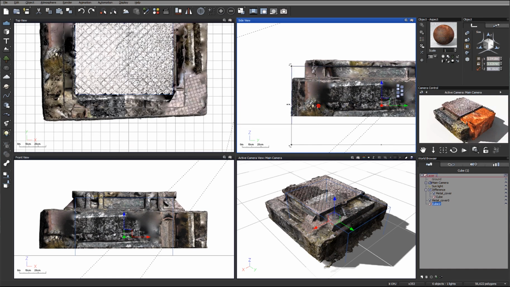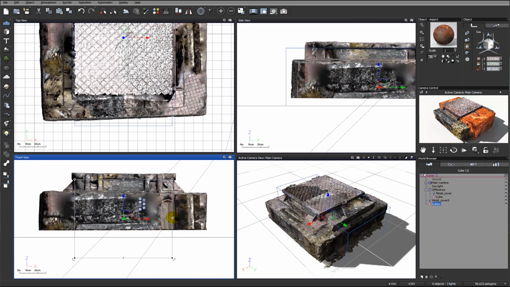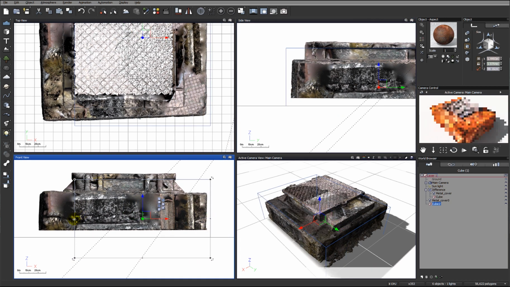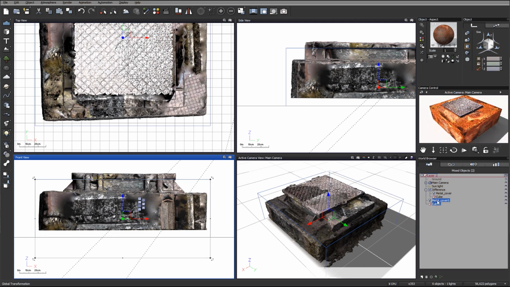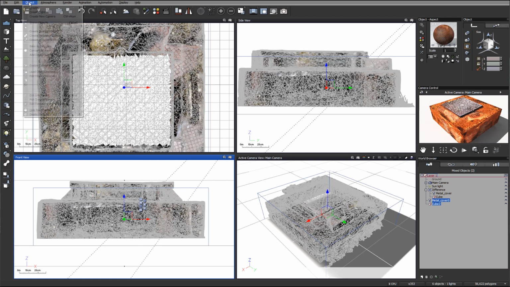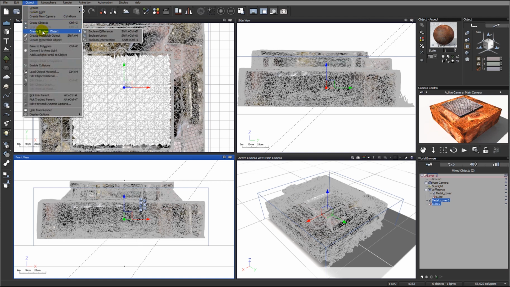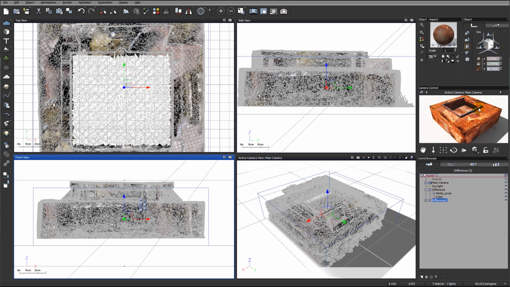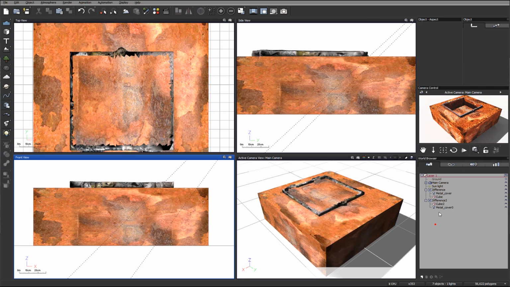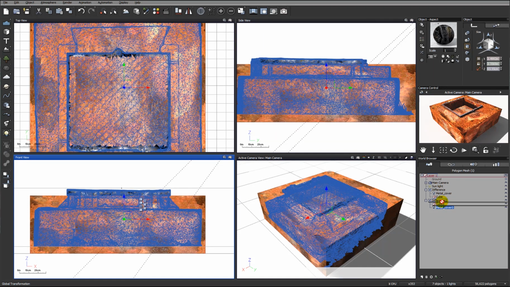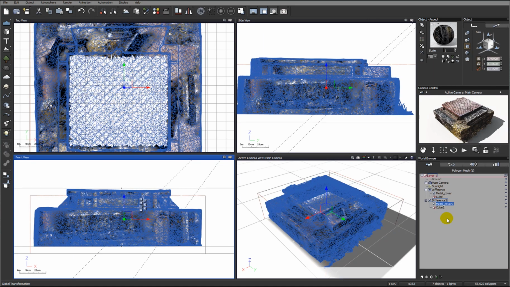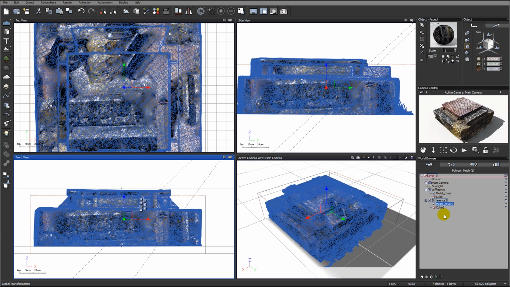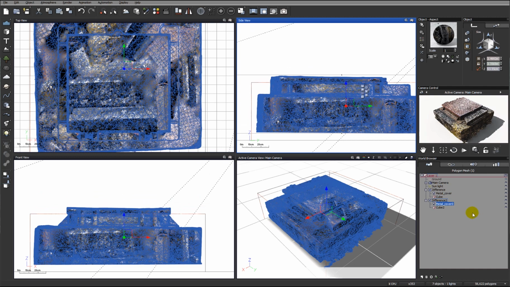So I'm just resizing the cube so that it covers and encompasses all of the original mesh. And I can take those two items again, go to Object, Boolean Object, and it's another Boolean difference. Now you can see what's happened for some reason is that it's worked backwards, so we just change it. Now initially it looks like nothing has changed, but what we're going to do is we're just going to reposition